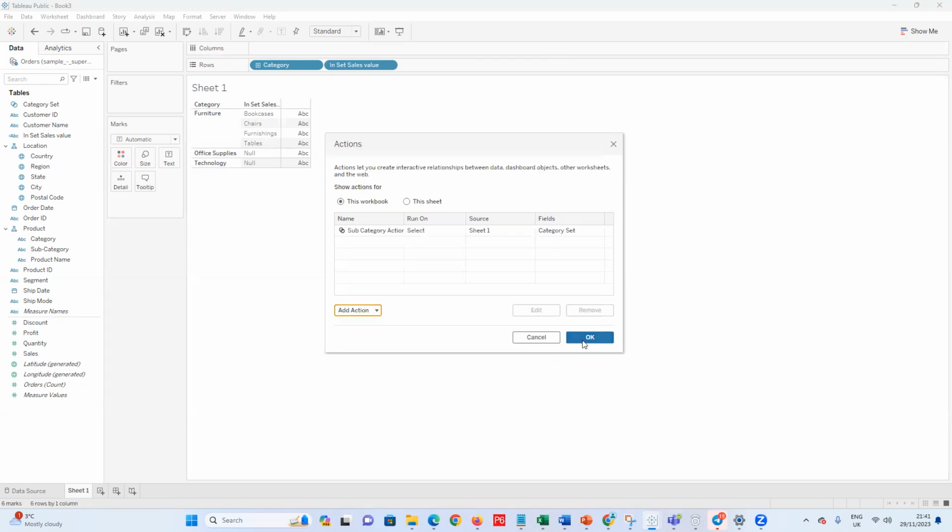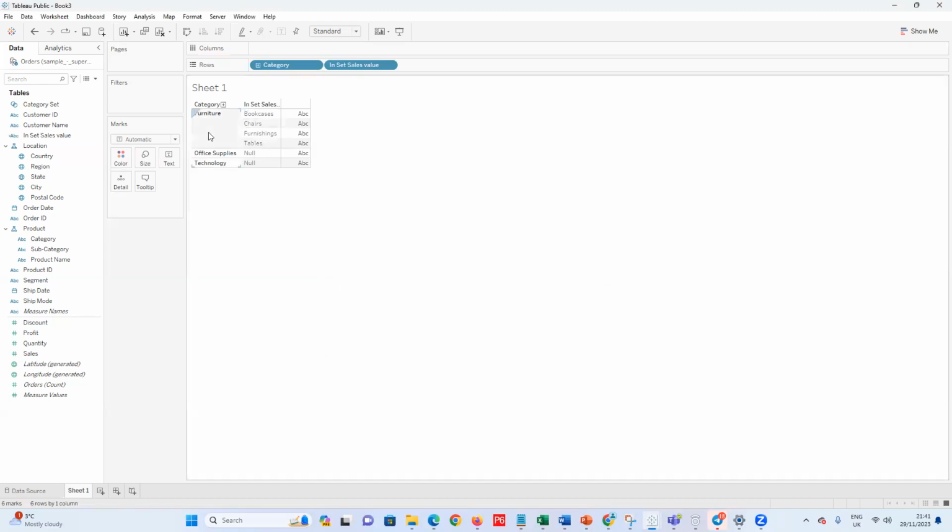So if I click OK and click OK here, if I click on this, it shows. If I click on this, it shows. If I click on this, it shows. If I click out, it doesn't show anything. So likewise, this is an action that works. So you can use this kind of thing to work